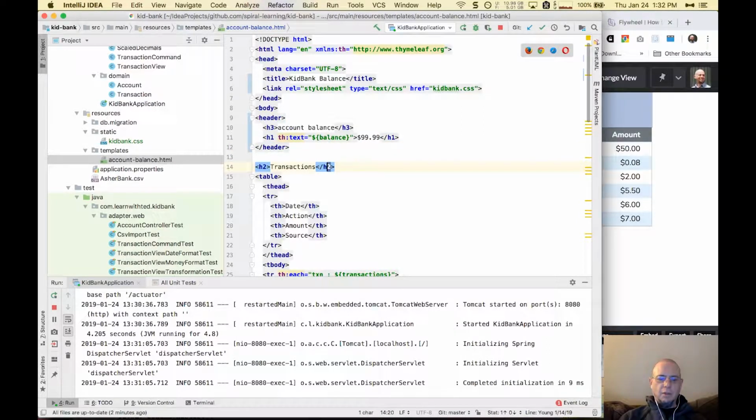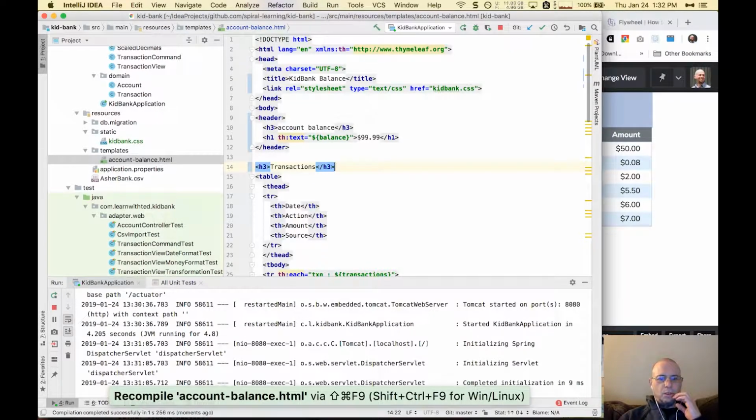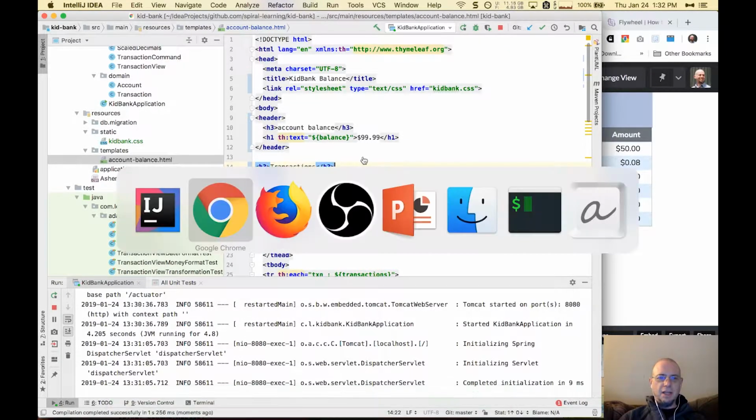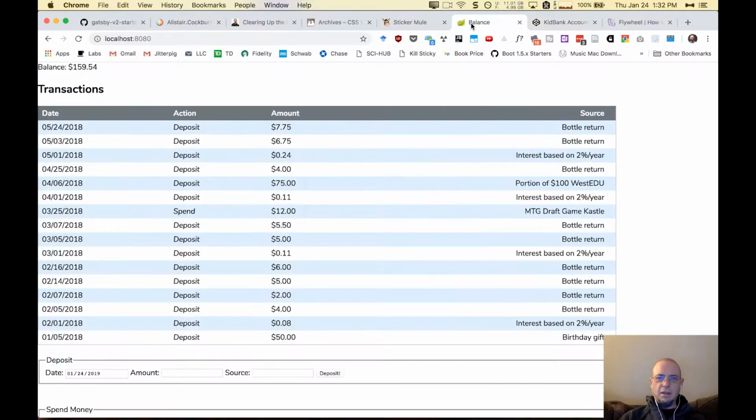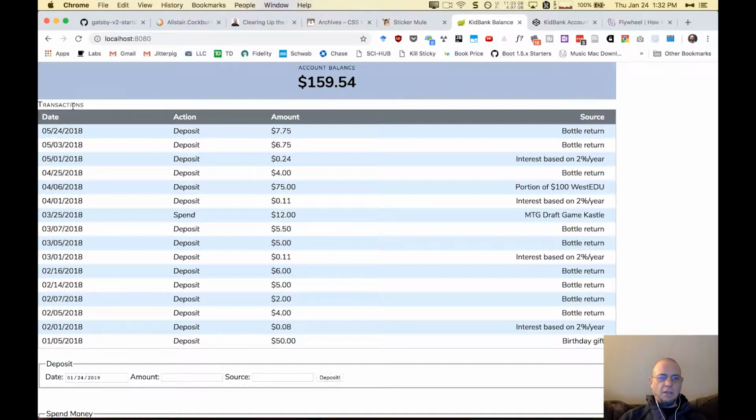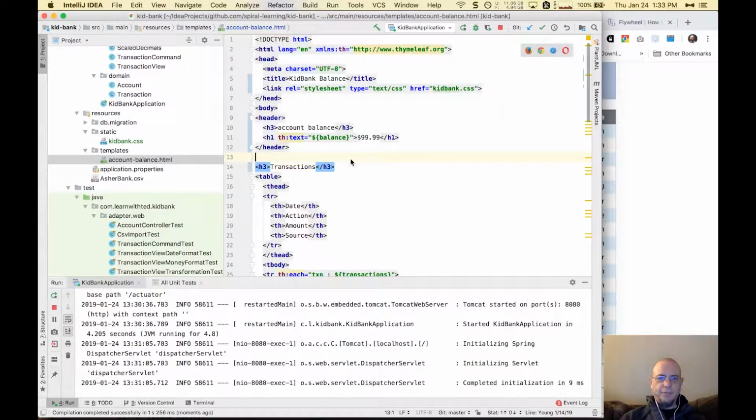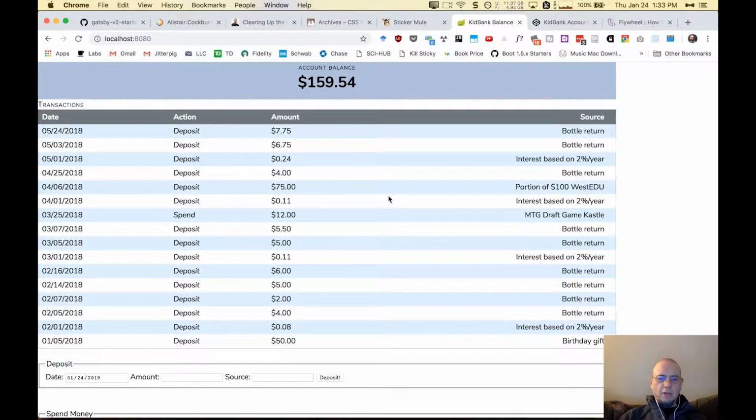I'm going to change this to an H3 to see what that looks like. Okay, well, we'll do a sudo recompile to get Thymeleaf to reload the thing. Yeah, so transactions, now that it's sitting here, is kind of not needed. So why don't we just pull it out? Okay, well, so that worked really well because